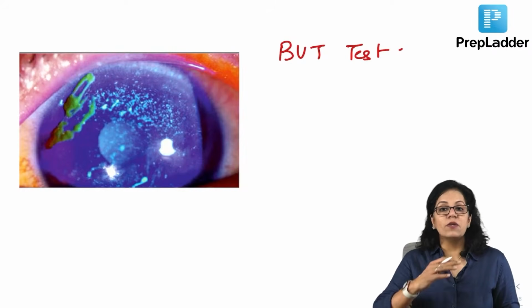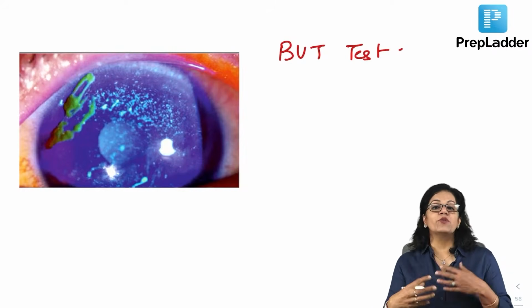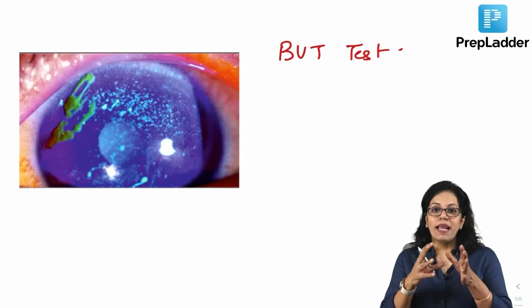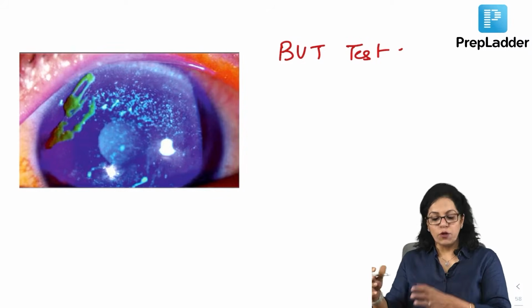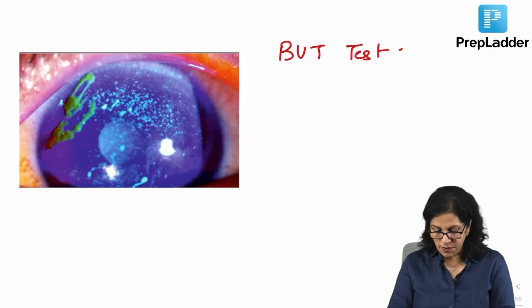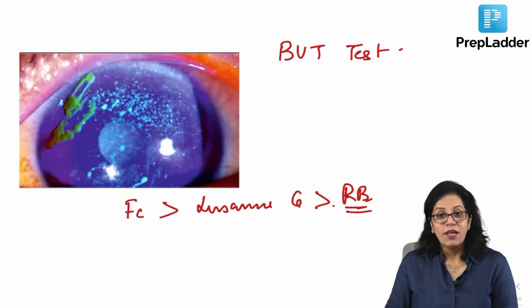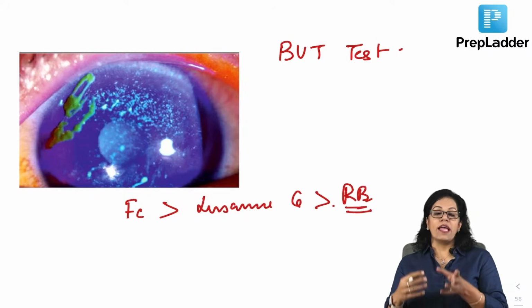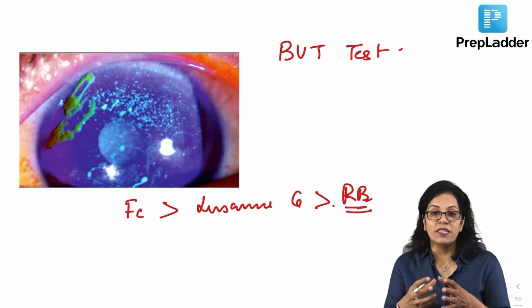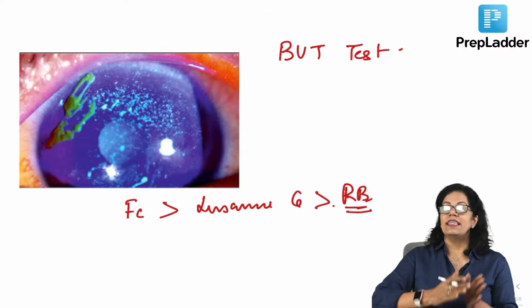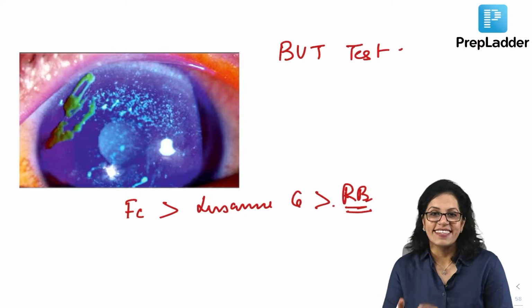So, if they ask you the sequence, I have told you so many times. Practically, if the patient comes to my OPD, why will I waste time on anything? I will start with fluorescein. Then next is Lissamine green. Why? Because Rose Bengal stings a lot. But theoretically, if you are staining for a dry eye and trying to see the dead and mucus cells, then Lissamine green becomes first. Okay.